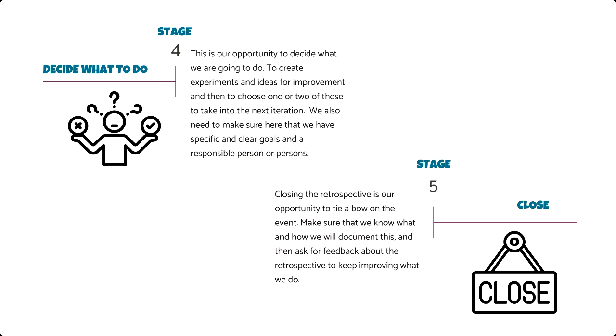And then in stage 5, and in stage 4, make sure that you've got ownership for those actions, that it's not the Scrum Master that's owning those actions, that somebody's put their hand up. Sometimes I notice actions like "we're going to communicate better," and it's the whole team. And I'm like, okay, that's great, but that's not really something we can do effectively, right? We need to decide what about our communication needs to change.